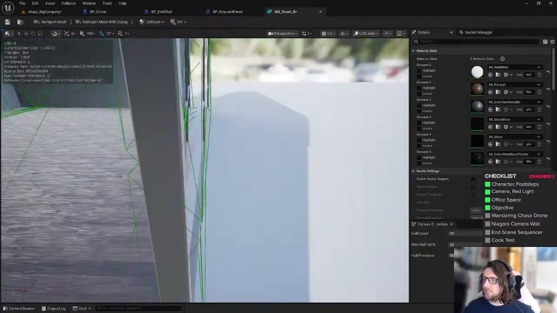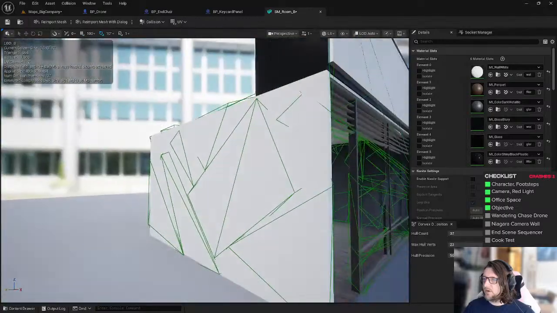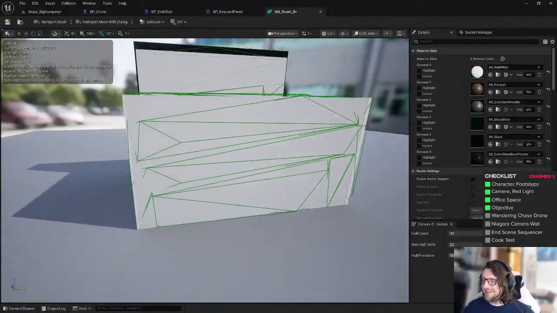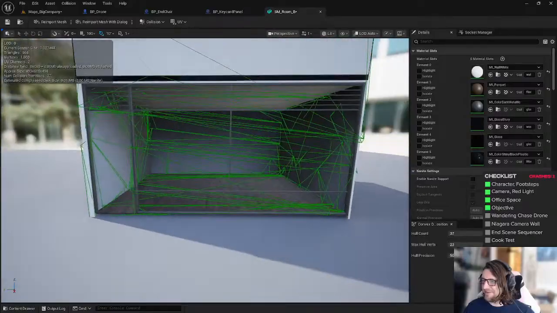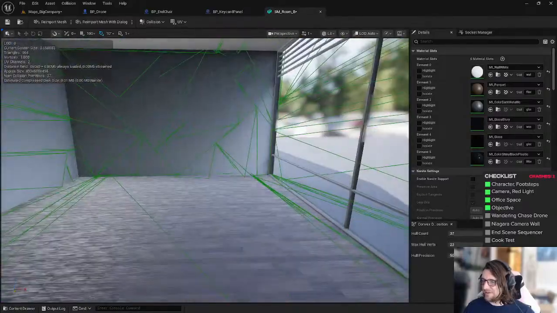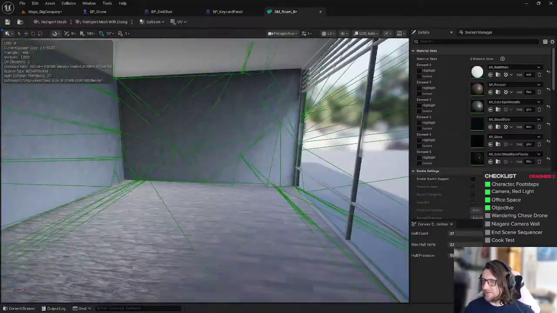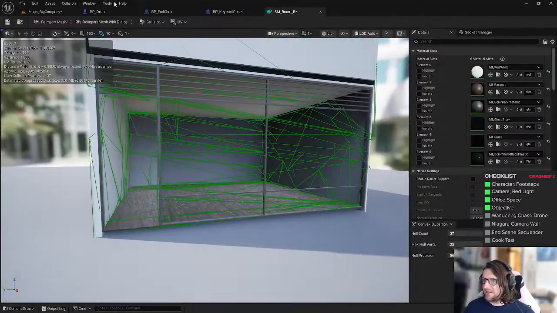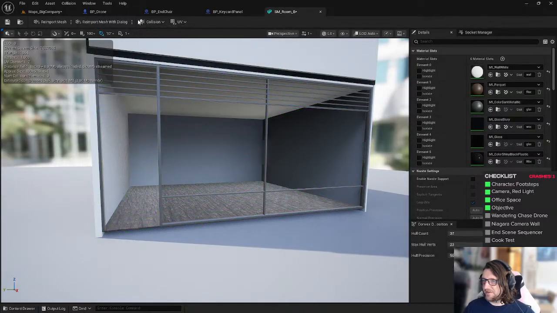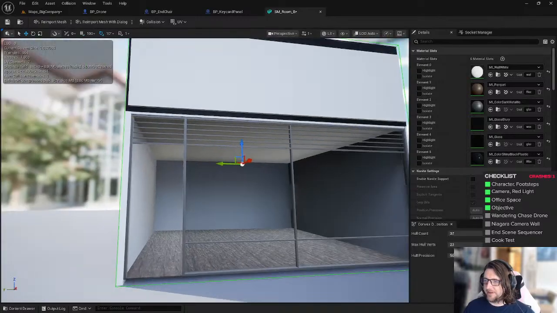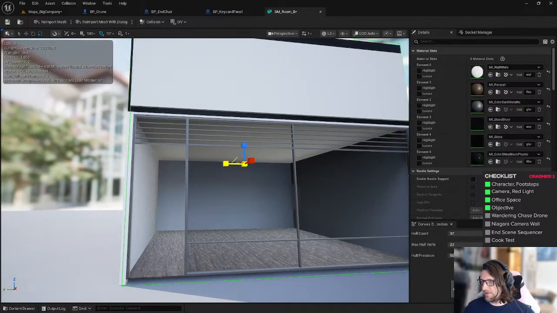So it's not far from perfect. I will say it's far from perfect, but the door is open, and that's a pretty critical piece of the puzzle. So I can't in good conscience leave it. So I was gonna say it's good enough, but it really wasn't. So let's just do